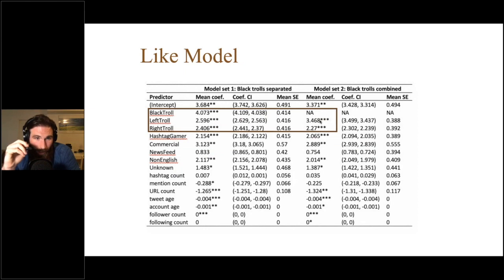It's the exact same thing for likes. In this case, Black, left, and right-wing trolls were very, very strongly correlated with getting likes. So if one of these accounts sent a tweet, it was very likely to be liked, but not for the news feed. So fake news accounts did not get very much engagement at all, whereas all of these sock puppet categories did. And I think that tells us, this is one data set from one country, from one election, but I think it does point to a broader phenomenon that we should be looking at identities, not fake news accounts.